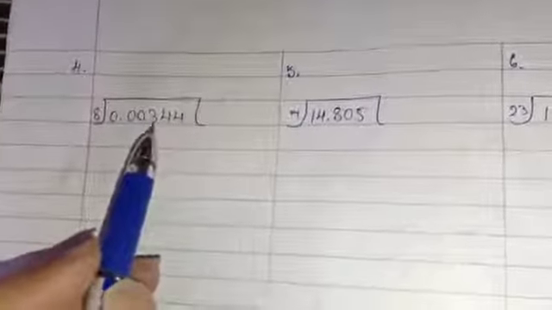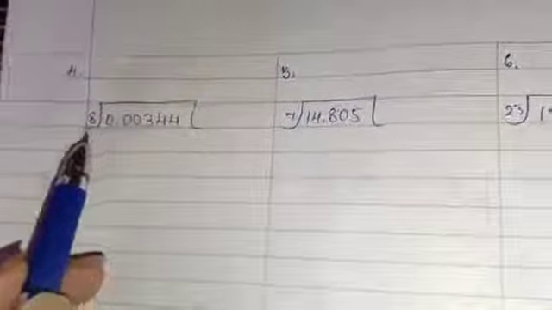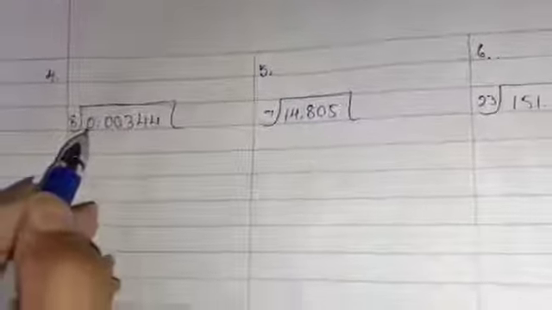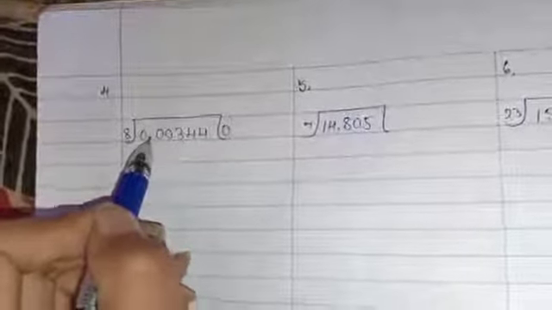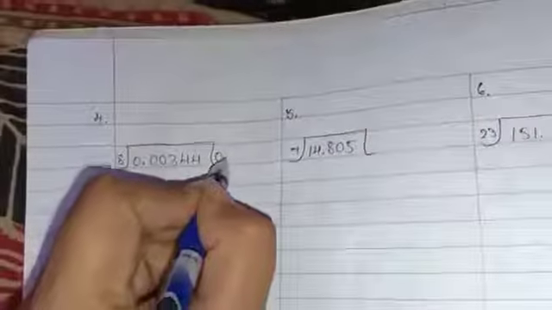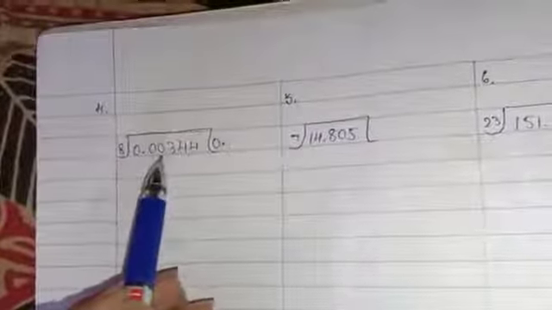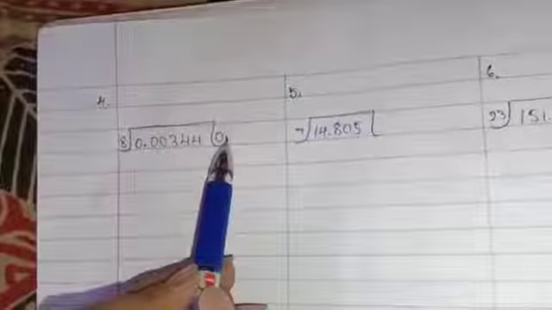Now you will think it is a little difficult, but when you understand the concept it is very easy. Here I will start with the help of 0 only. 8 zeros are 0. So I will put first of all 0. Before that, the decimal is there, so I will keep the decimal point. In these sums, in division, I am not going to change the decimal position. When you are using numbers after the decimal, you have to put the decimal first.